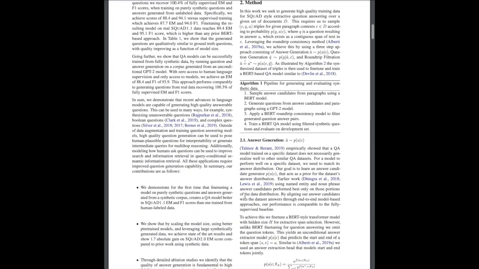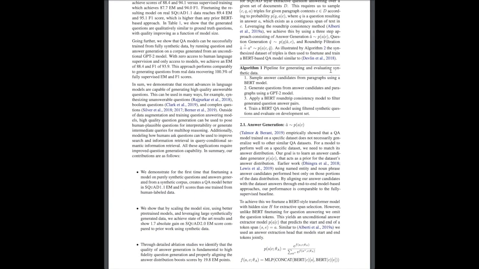So this is the pipeline that they use in their paper for generating these questions. You start off with a given paragraph, and then you sample answer candidates using a BERT model. From these answer candidates, the BERT model basically slices out these start-end positions in a paragraph in order to pass it in as input into the GPT-2 model. So given these potential answers, the GPT-2 model is going to look for questions. The GPT-2 model is just going to produce a ton of these potential questions, and then the BERT model is going to filter these potential questions using this round-trip consistency method to form this synthetic question-answer dataset to supplement the